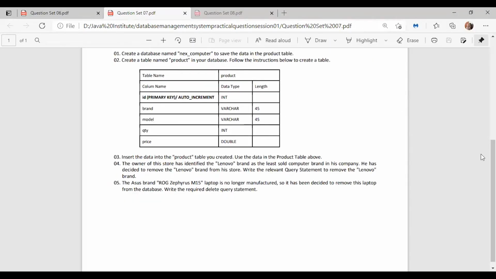So in the fourth question, it says, the owner of this store has identified the Lenovo brand as the least sold computer brand in his company. He has decided to remove the Lenovo brand from his store. Write the relevant query statement to remove the Lenovo brand. So we are going to remove this Lenovo brand here.